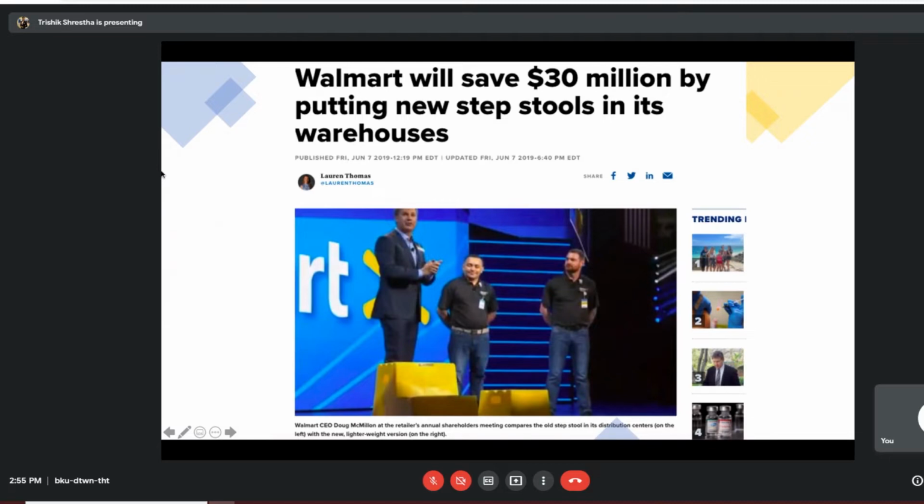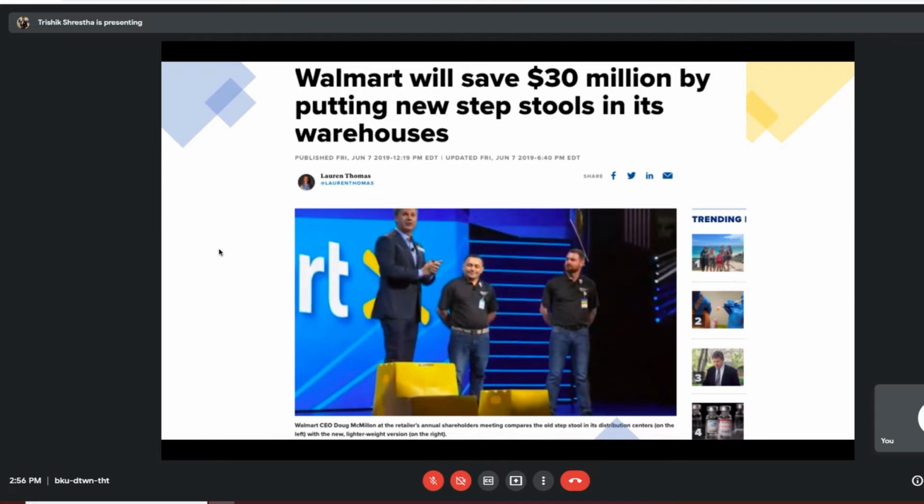It's pretty funny and it's pretty fun. So basically what happened, this picture, what it's trying to tell you is that there was this big 2-step stool in Walmart warehouses. These 2-step stools were being used in Walmart warehouses. The term used, I can't say used because they were more often not being used. They were being disregarded. It was there in every Walmart warehouse, but then they were being disregarded. They were not being used, and that completely defeats the purpose of the stool being there, right?